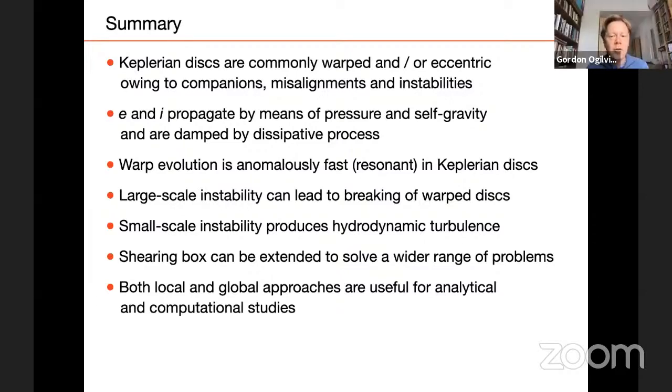That's a very interesting question. I think the competition and interplay between these two quite different instabilities would be very interesting to look at. It may be that, let's say, if the eccentricity or inclination is sufficiently small, then the MRI dominates, but in other situations, the hydrodynamics takes over. It's a little hard to anticipate how they might interact, but I do think that's a very interesting problem to look at. Cool, thank you.